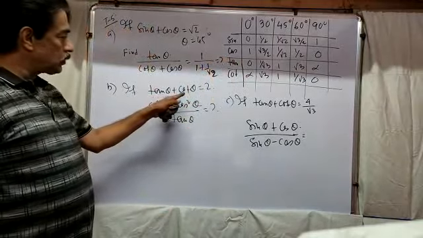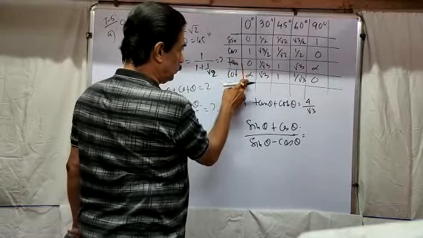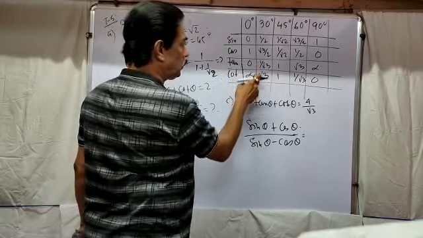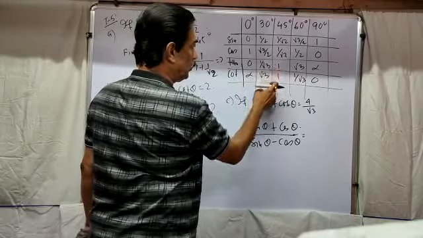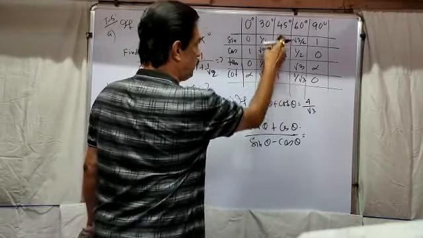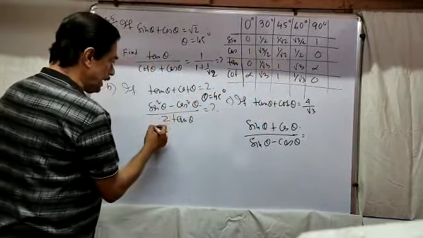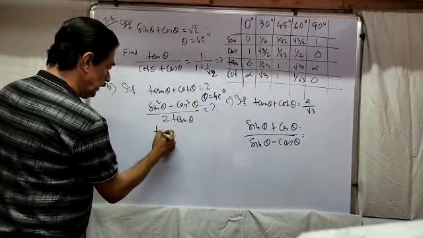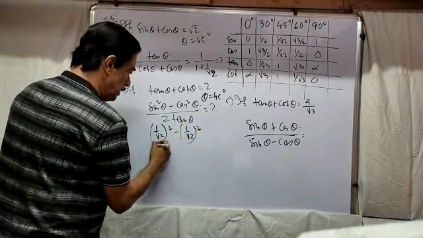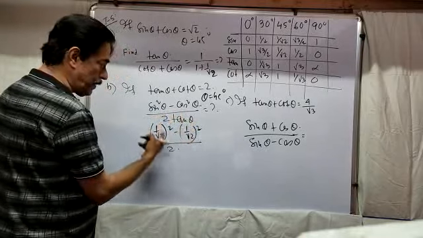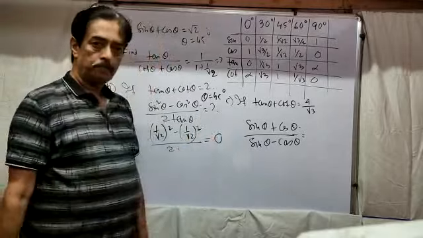Case 2. Tan theta plus cot theta equal to 2. If I make the summation for this tan and this cot, we cannot get 2 at 30 degree; we get 1 by root 3 plus root 3 equal to 4 by root 3. But at 45 degree, if I make the summation, we can get 2. So when tan theta plus cot theta is 2, theta should be 45 degree. Now sin 45 degree equal to 1 by root 2, whole square, minus cos 45 degree 1 by root 2, whole square, by 2 tan theta. Don't try to put the values, because this minus this result is 0. So without putting, we can get the result 0.